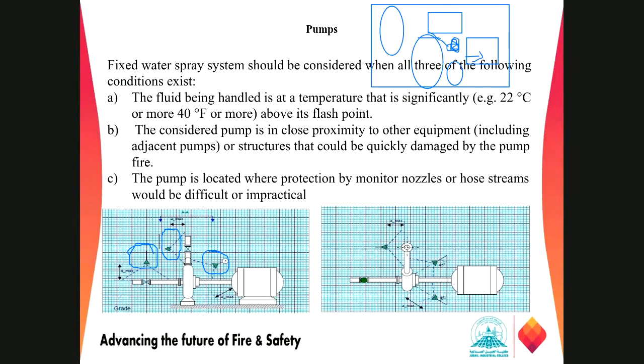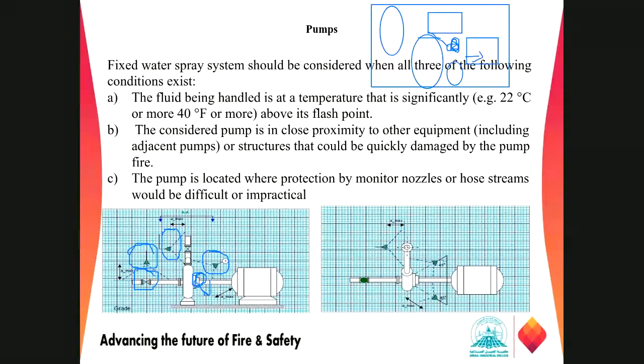What is the area where we have leakage most frequently, right? In a pump unit it must be at this connection, because there is a gasket and the connection, so maybe there will be chances of leakage at this one. And maybe there will be chances of leakage at the gasket of the valve, or maybe at this one. So normally at the fittings, at the connections, at the valve, there will most frequently be release of flammable liquid or flammable gas. So we need water going directly onto those surfaces, right?